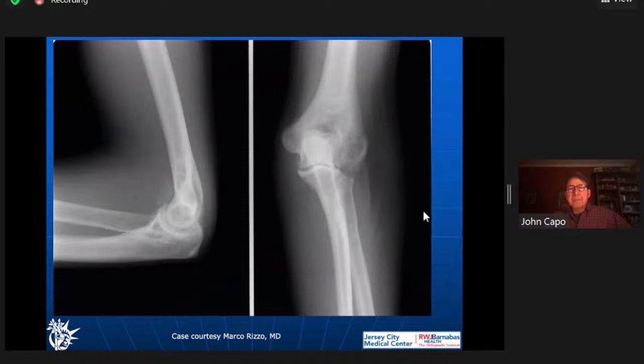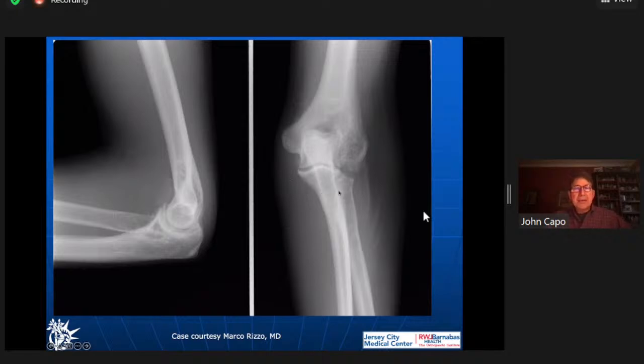So this is the elbow, and you see the radial head's gone, and has it migrated proximally? Maybe. What I look at critically is this humeral ulnar joint, and is it parallel? And Graham King taught us this as well. The whole thing doesn't have to be parallel, but usually, if anything, the lateral side is a little bit gapped, but the medial half of the humeral ulnar joint has to be parallel. So this is perhaps a little narrower on the central portion of that medial ulnar humeral joint.